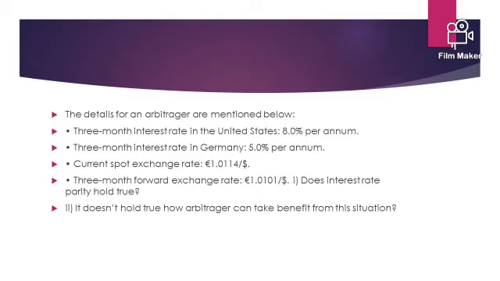Then the 3-month interest rate of Germany we have to use, but the yearly interest rate is given as 5%. The current spot rate is $1 equals 1.011 euro. That means euro is the domestic currency, given in direct quote, and US dollar is the foreign currency. Whenever we apply the formula, we need to identify which is the domestic country and which is the foreign country. The rate is given in euro, and that is why euro is the domestic currency and dollar is the foreign currency.